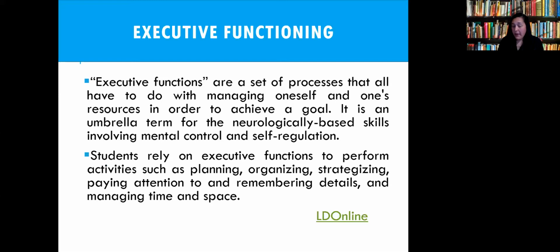Another section that may be embedded, especially when we're talking about individuals with some behavioral difficulties or even with ADHD, is that component of executive functioning. So I always explain this to parents as that powerhouse that explains to individuals how to navigate themselves in a variety of different environments, right? That includes managing myself, knowing where to start tasks, knowing how to move forward through tasks, knowing how to navigate and manage my emotions. So all of those things are really incorporated in executive functioning. It's not all just attention and remaining focused at all times. It's all of these other minute components that fall into this category as well.